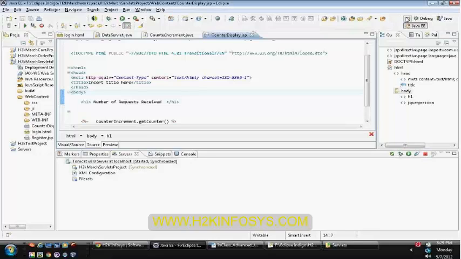That's why it hasn't entered the if block at all. Finally, it has forwarded the request to your servlet, and your servlet started executing, the doGet method was called, and it printed some context value. After that, it forwarded the request to your JSP page.